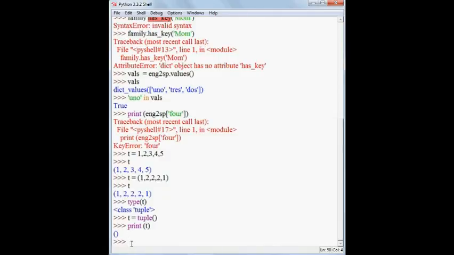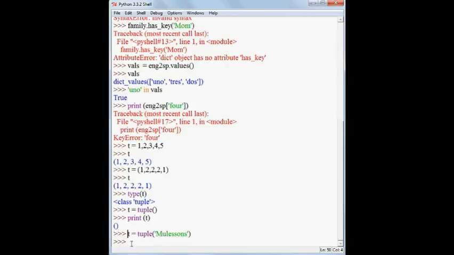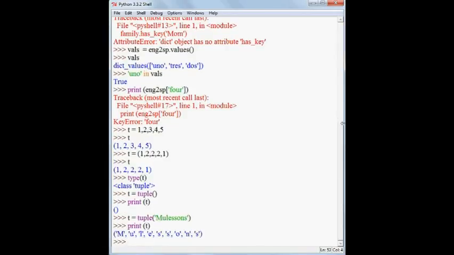If I want to insert values inside a tuple, say t is equal to tuple of 'new lessons', and I type print t, you can see that it has created every character of 'new lessons' as its element, just like the list function did when I taught you.